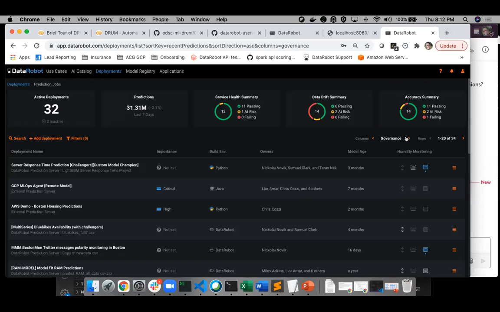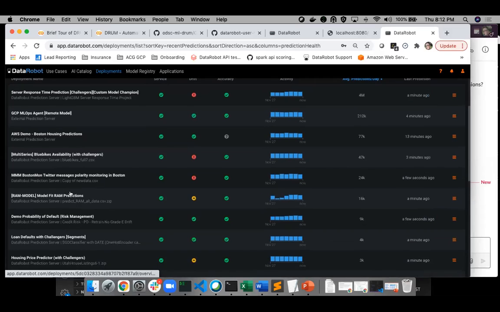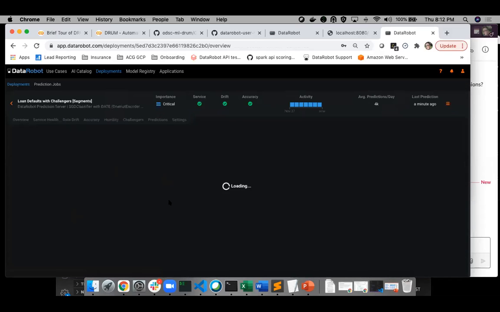Some models are critical. Some models, it doesn't really matter if they miss a prediction or it takes 5 minutes for them to return something. So there are different criticality levels and different sign-off patterns that really play into them. And as we dive into the models themselves that are in here, we're going to be able to start